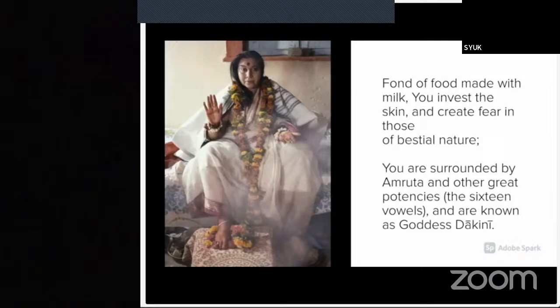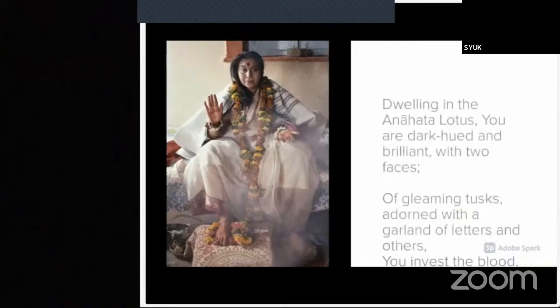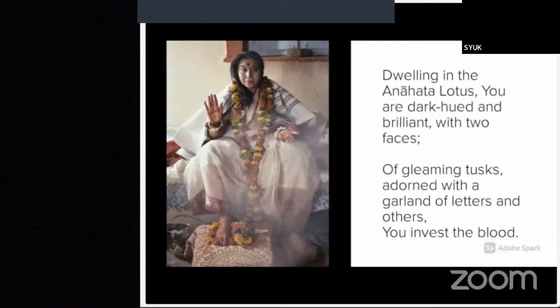You are surrounded by Amruta and other great potencies, the 16 vowels, and are known as Goddess Dakini. Dwelling in the Anahata lotus, you are dark-hued and brilliant with 2 faces. Of gleaming tusks, adorned with a garland of letters and others, you invest the blood.